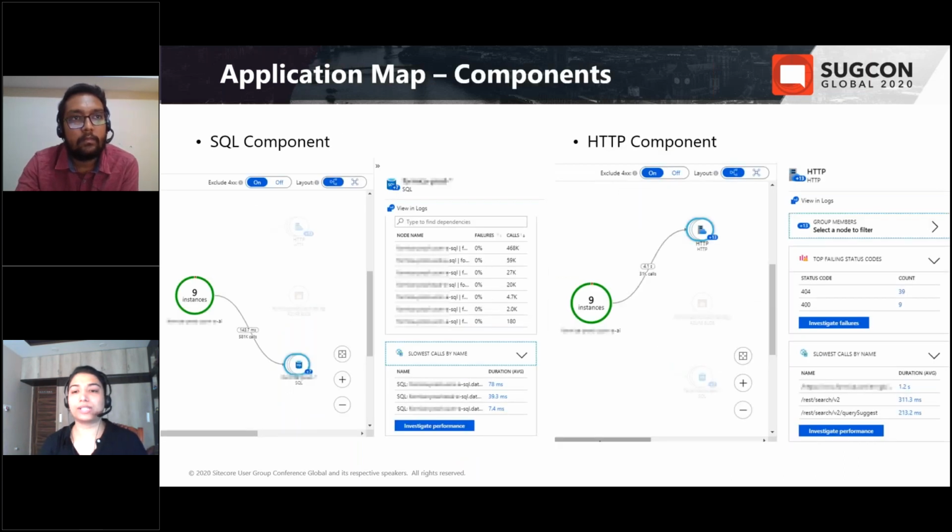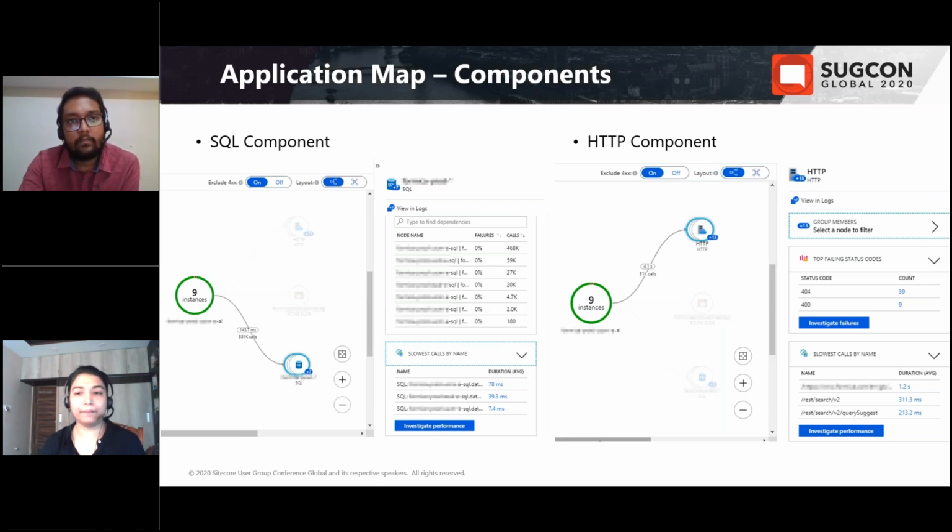Now let's see a few examples of application map components. In the first map, the SQL component has been highlighted. It is indicating the number of database calls and failure rate. It is also showing the slowest database calls, which can be further investigated by navigating to the performance panel in Application Insights.